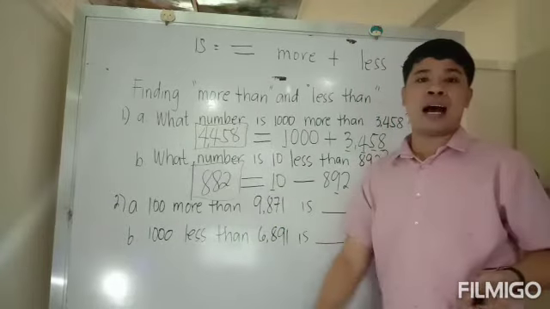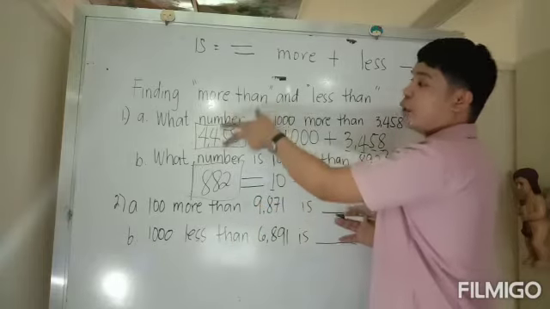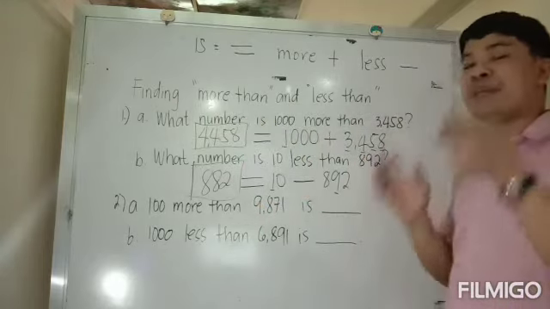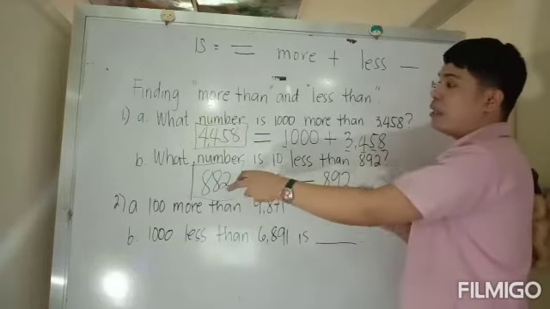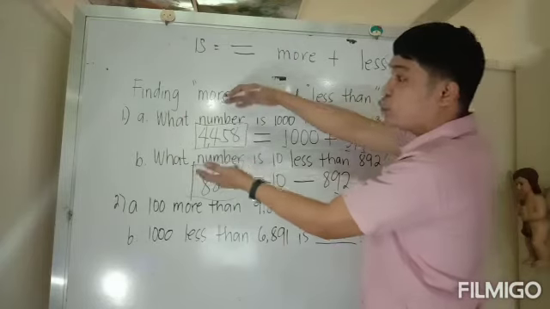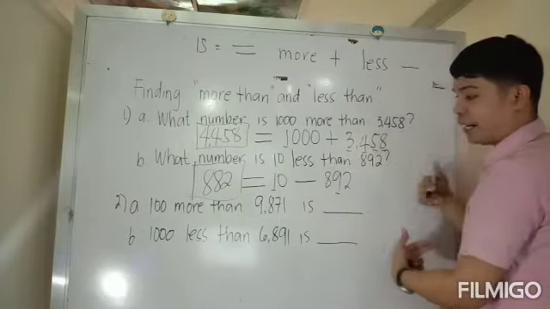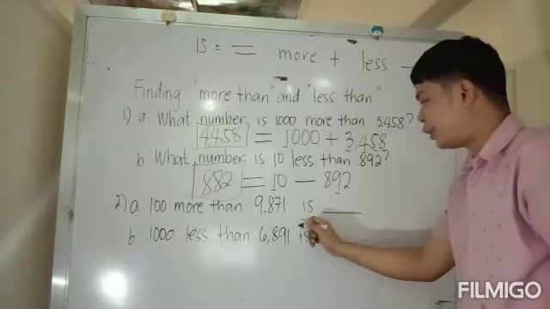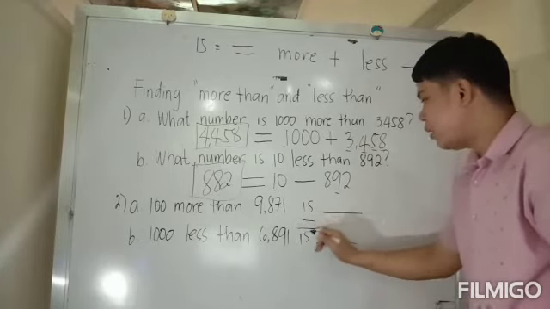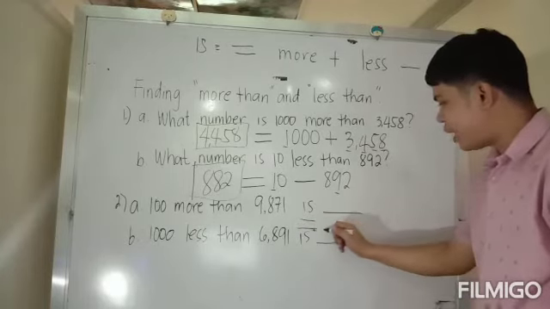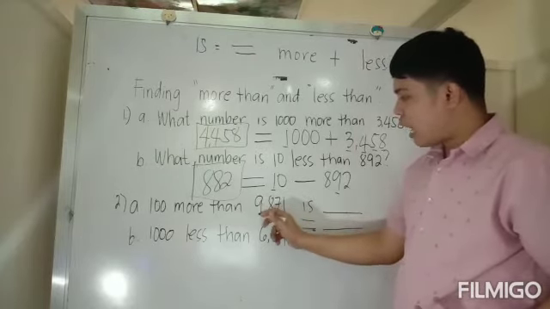So number 2, guys, if you see here, this is actually the same as here, but then the unknown is being placed here now in the last part, because here I am comparing it for you now. The unknown in the first two problems is here in the beginning part. Now here is the last part, meaning to say your equal sign is now here. Okay, so the unknown is placed in the last part. Now after that, you will just copy your equal, and then this one, you will just bring down that